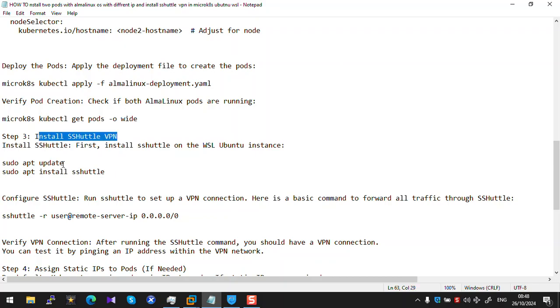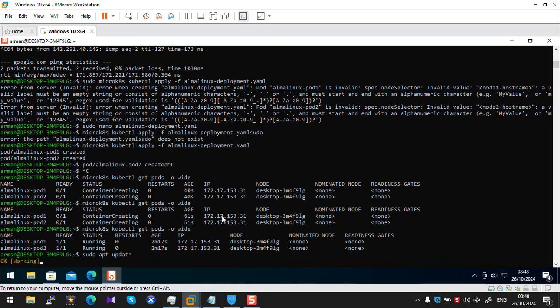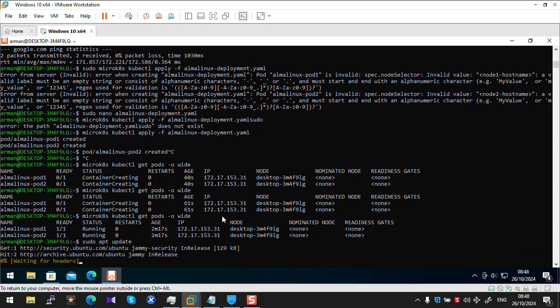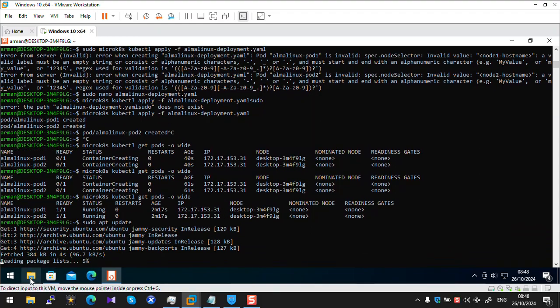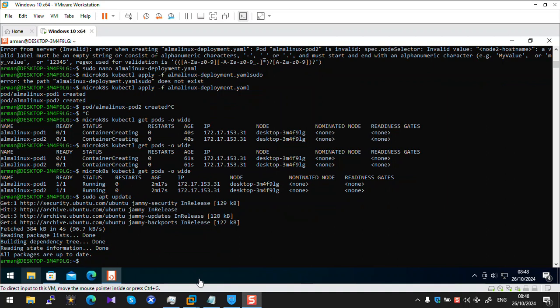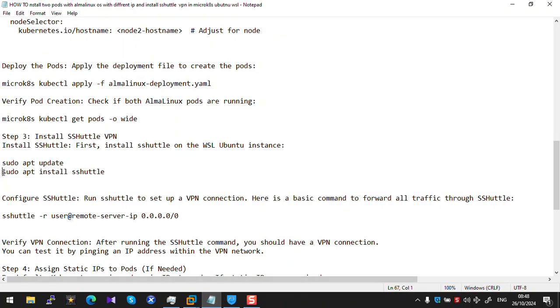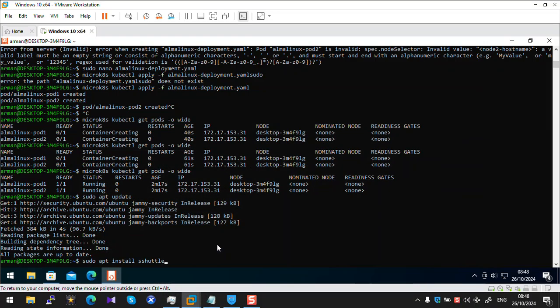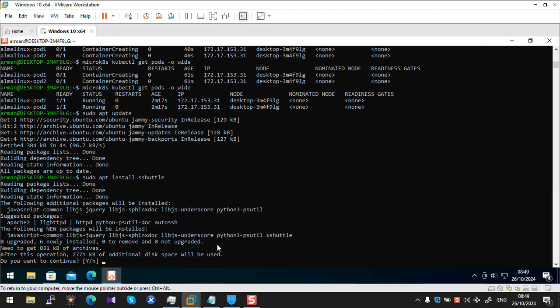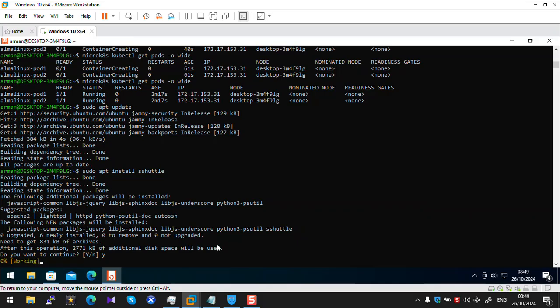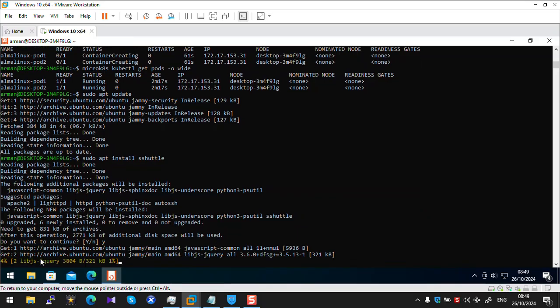For install sshuttle VPN in WSL Ubuntu instance, first update Ubuntu and wait to complete updated. After update complete, with this command install sshuttle, wait to complete install sshuttle VPN